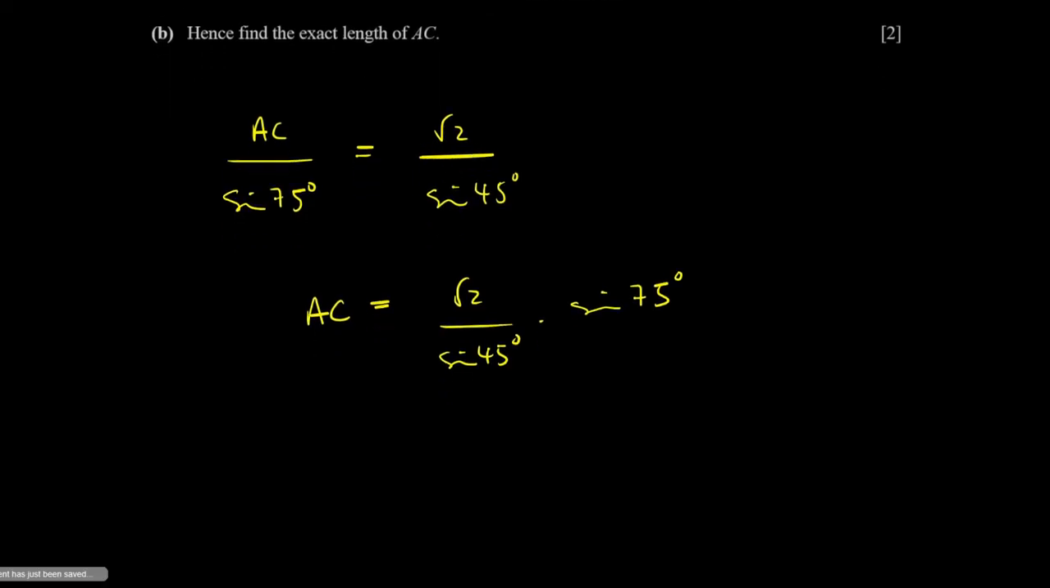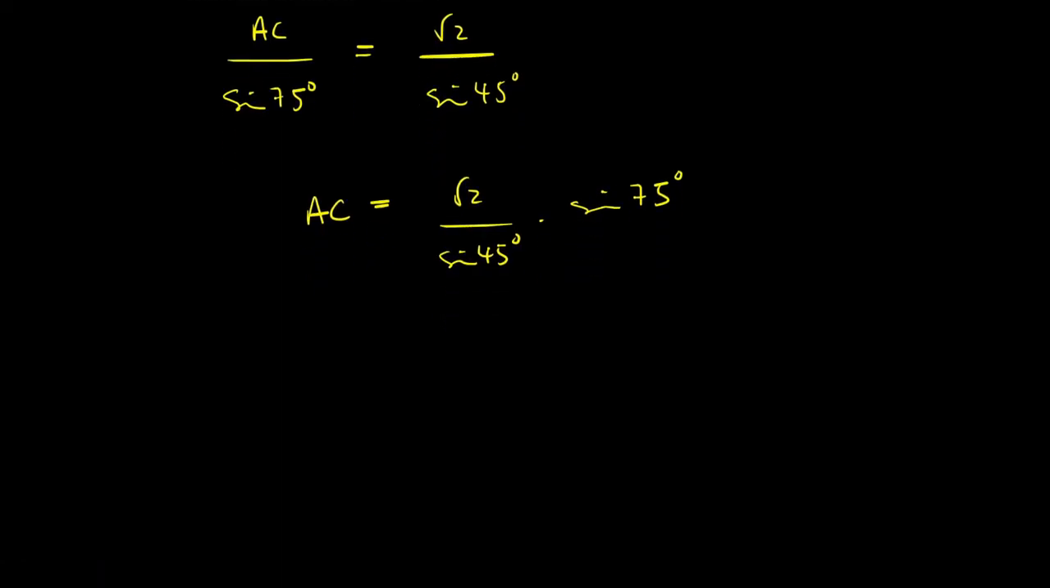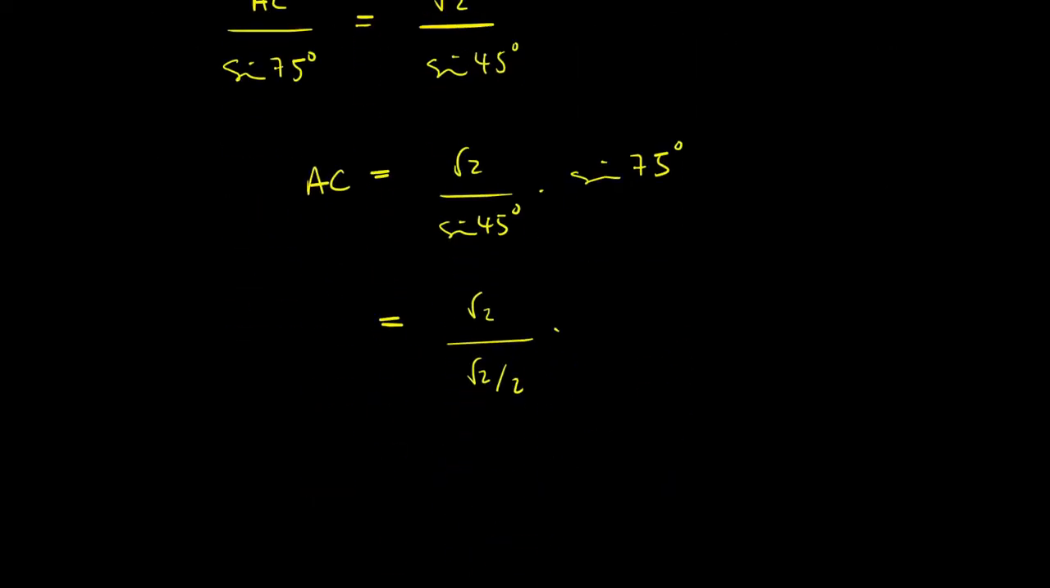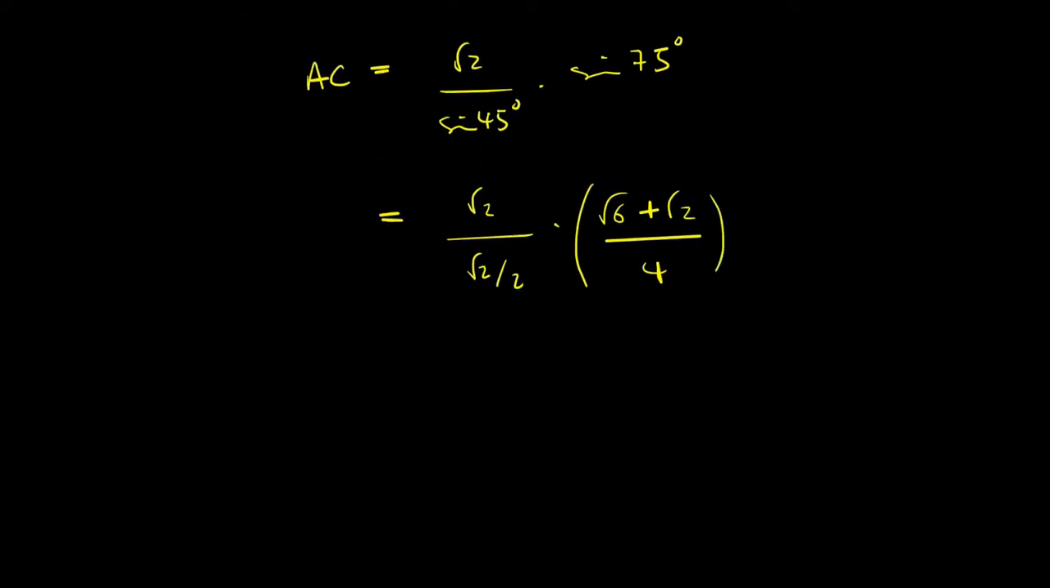And we can now substitute in what we know. So sine 45 is root 2 upon 2. And sine 75 is root 6 plus root 2 upon 4. Okay, and what's the best way of simplifying this? Well, look,